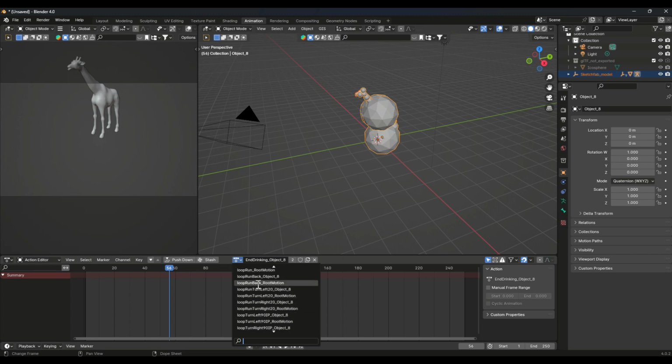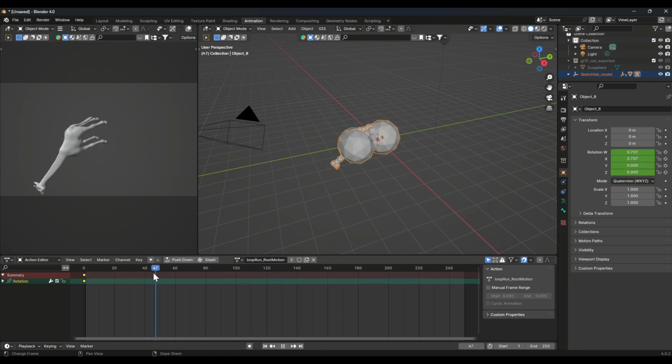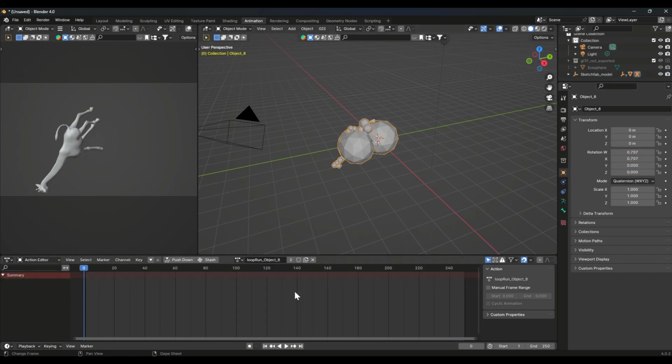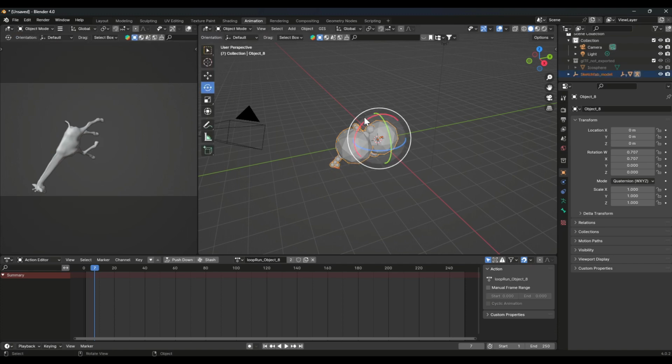If we want the running animation, I'm going to select this loop run mode. So guys, there you can see we have selected the running animation, but it's not working. So simply select your bones and after that select your animation, and there you can see it's working now, but its orientation is changed. So we can just simply fix it like this,